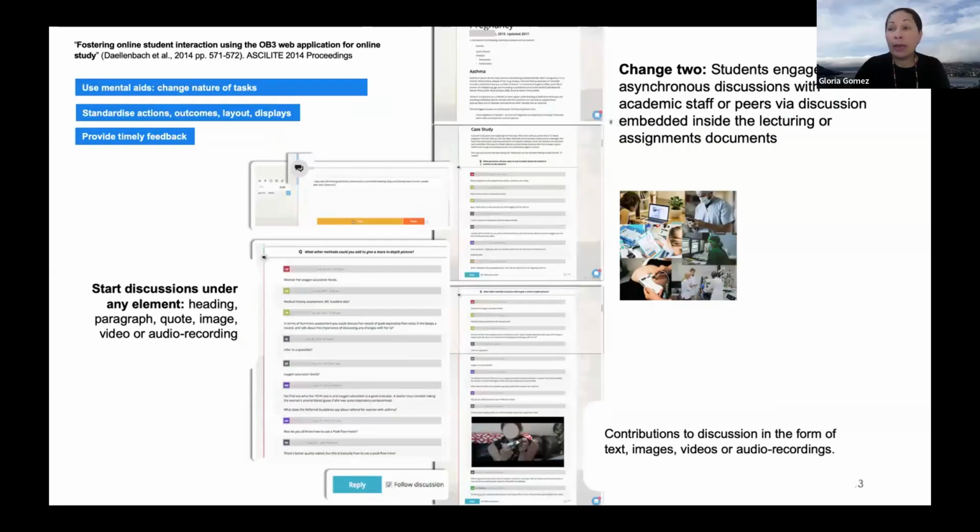Change 2: discussions embedded in line with content. One interface for students and educators aimed to increase participation. We automated irrelevant tasks such as automatic inclusion of hyperlinks and embedding of resources, and scaffolded relevant interactions for co-creating lectures or lecturing or assignment content. We changed the nature of tasks and standardized actions informed by good visual design principles to enhance metacognition. These are reflected in the style palette, the interaction commands, and modes.